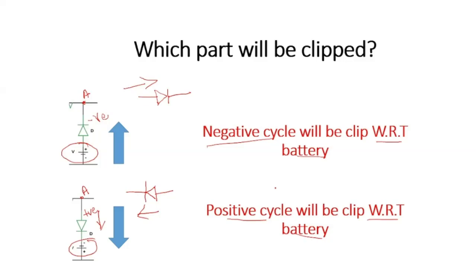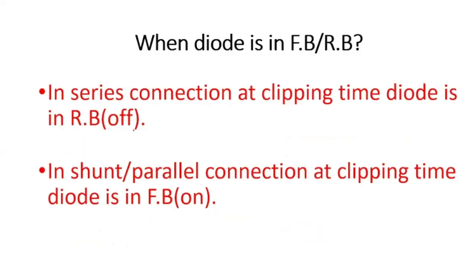Now, for finding out when the diode is in reverse bias or forward bias: if it is a series connection, at clipping time the diode remains in the off condition, meaning it is in reverse bias. For a parallel connection, at clipping time the diode is in forward bias. So we have to remember these two rules. For example,